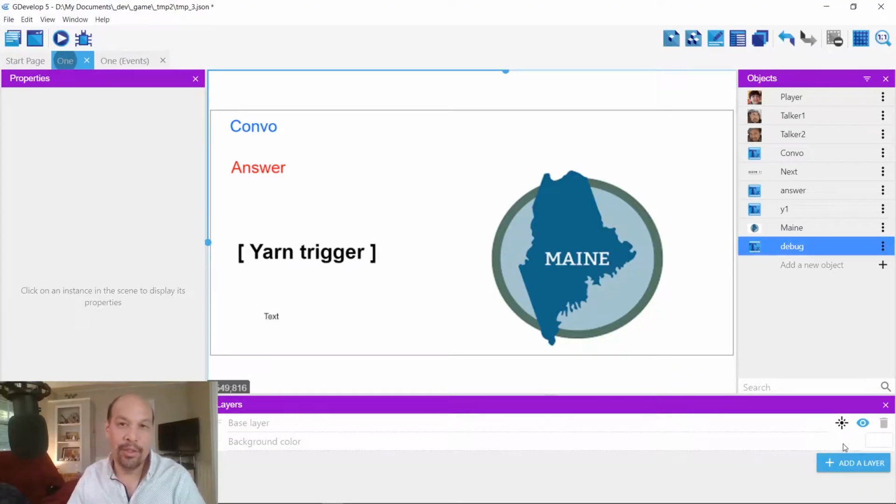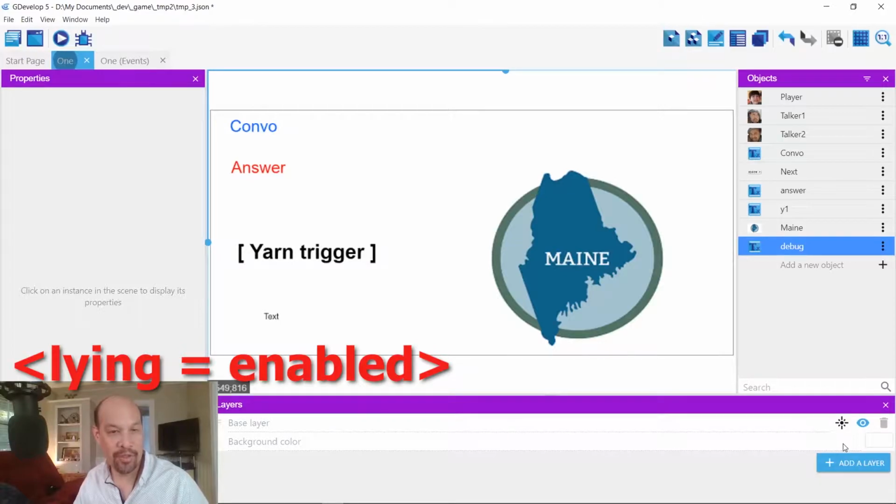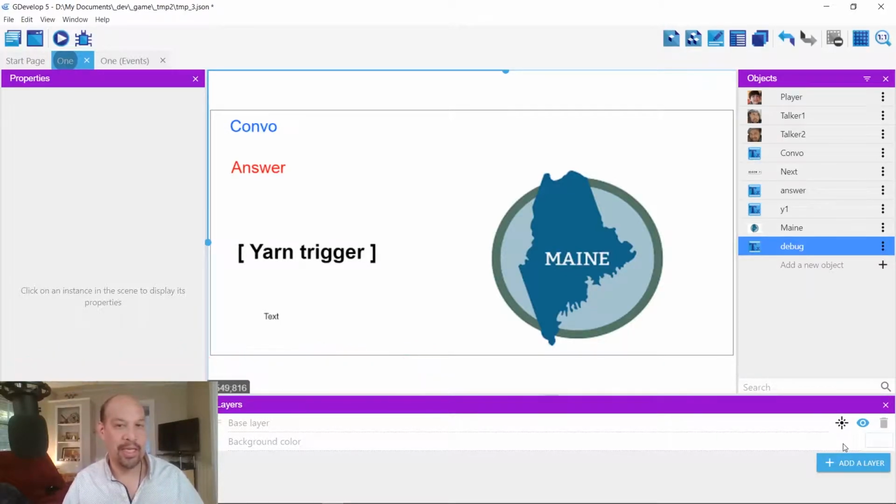Okay, so it's super easy to make a Yarn conversation in GDevelop 5 with variables to change your scene and